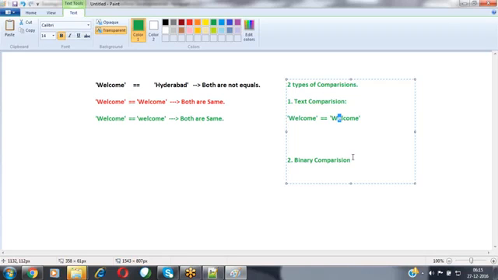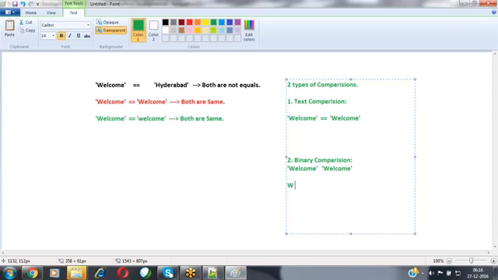And the second one is binary comparison. What exactly is binary comparison? If you're using the same "welcome" and "welcome", it is going to compare these two. At the time of comparing, first of all, it gets the first character, W, in the first string.